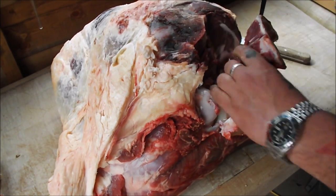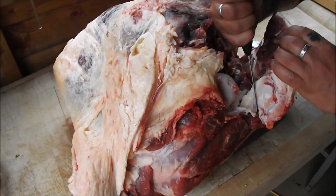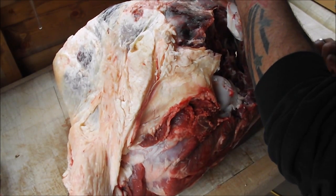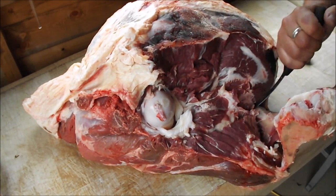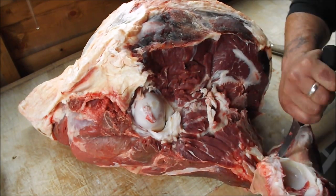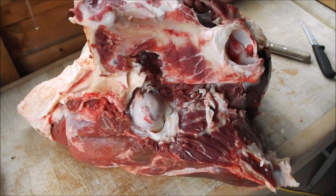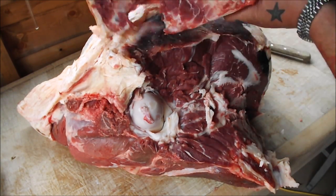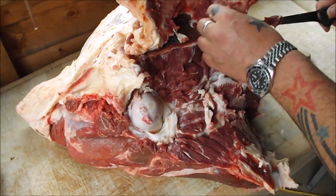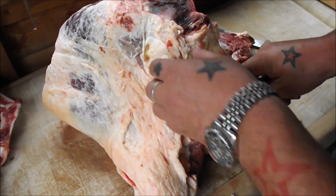I'm going to continue just tracing the bone. The back. And there you have a relatively clean, which we'll trim up later by just going over the bone. Obviously we haven't left too much on. We'll trim that later. And then we've got one more bone left to take out here,